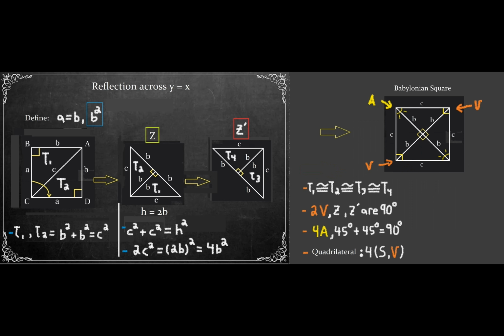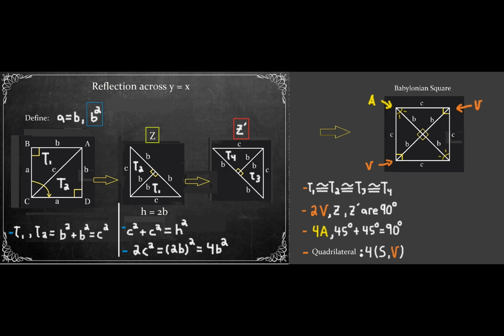First off, to prove the larger square is composed of 4 congruent triangles, we duplicate Z into a second triangle and name it Z prime, red box. We rotate it 180 degrees, name its congruent triangles as the following, T3 and T4. Sliding over the blackboard, to form a larger square, we take Z and Z prime, align them along their hypotenuse,